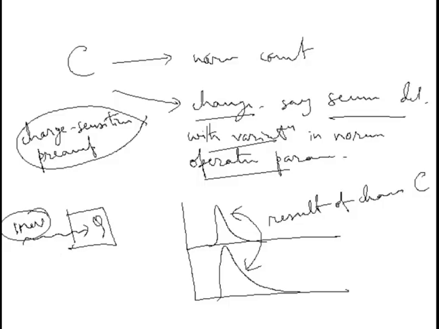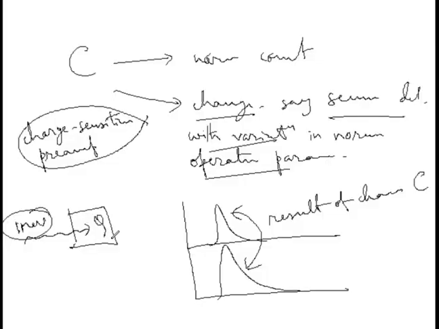I will talk more about it in later classes. Okay, so if you insist, let me just talk a little bit about this charge sensitive preamplifier. In this type of circuit, it uses feedback to largely eliminate